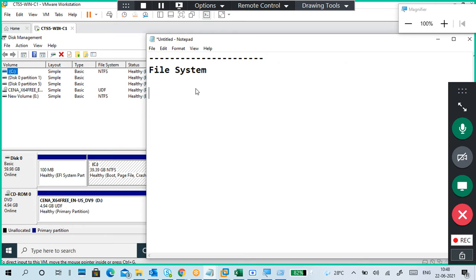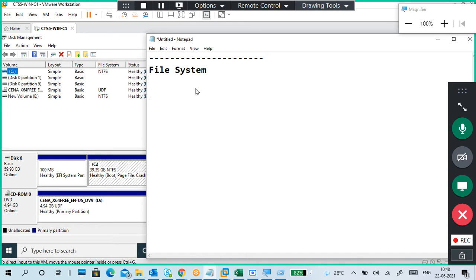So normally, what a file system means is arrangement of files in the disk or in the drive or in a CD-ROM, or how you transfer the data. So allocation of files in a such order.